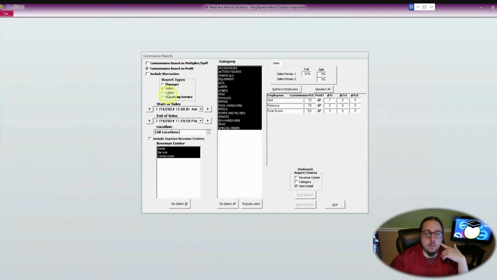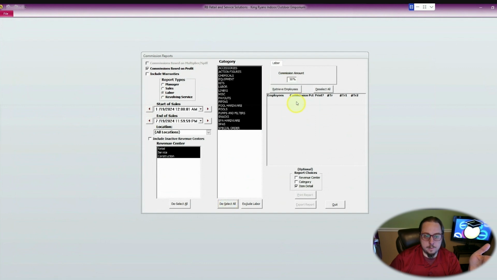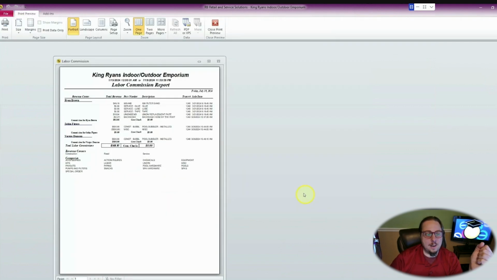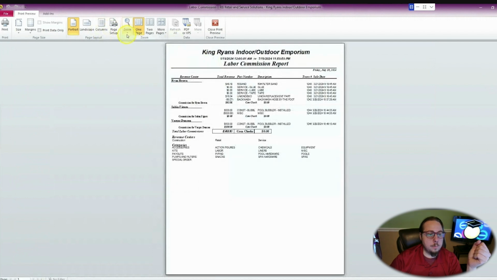Last but not least, if you do labor commissions, the process is the same. I might pay 50% commission to my labor employees, but it runs exactly the same. I'm going to do a labor. I'm going to say it's based on profit. Might help if I select all of my categories. There they are. I do have labor commissions. And then this report is going to show you your labor commission report